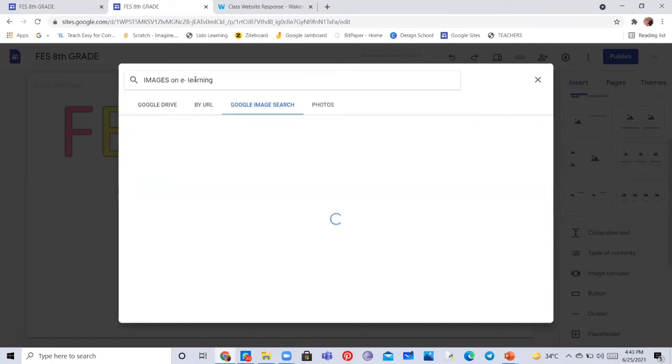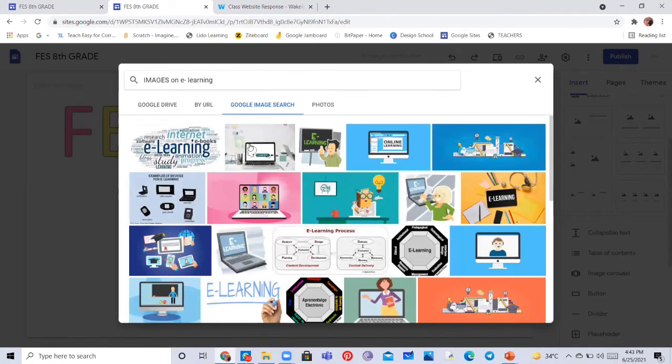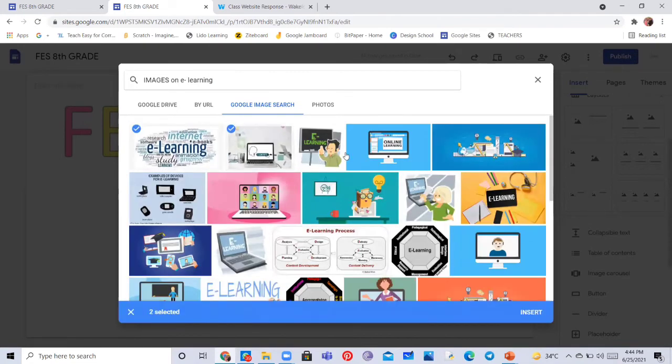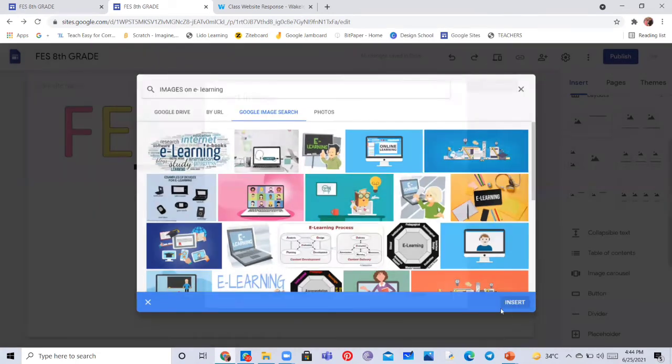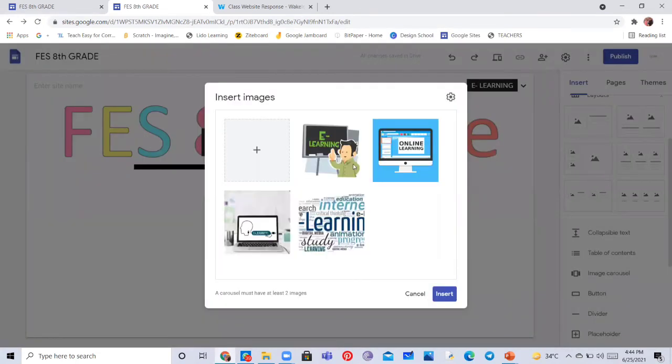Then you can select n number of images, click on insert. You can even delete them if you do not want, or you can even add text. So I do not want to do anything of that. So I'm going to insert.